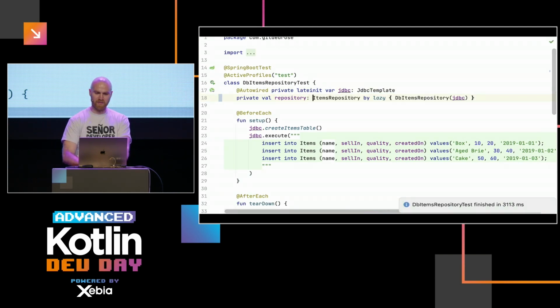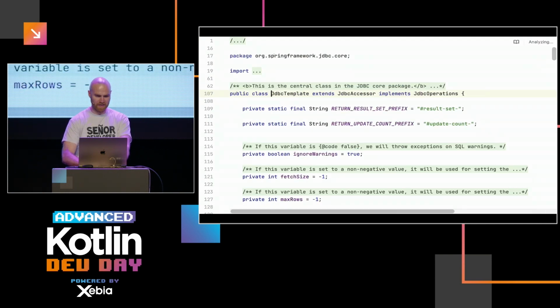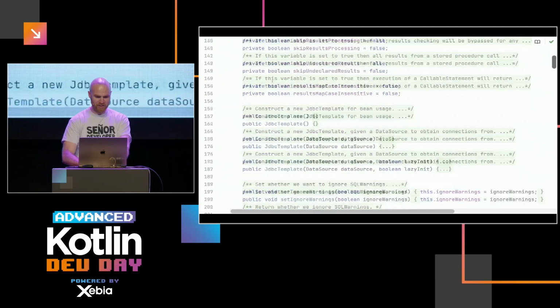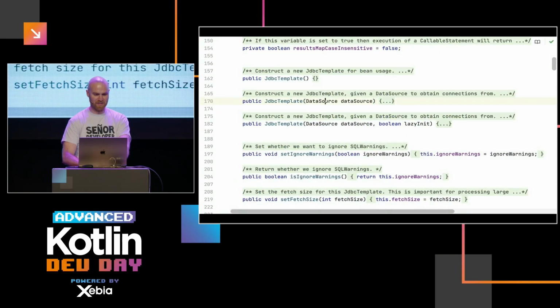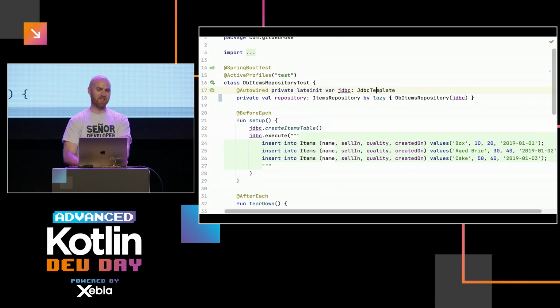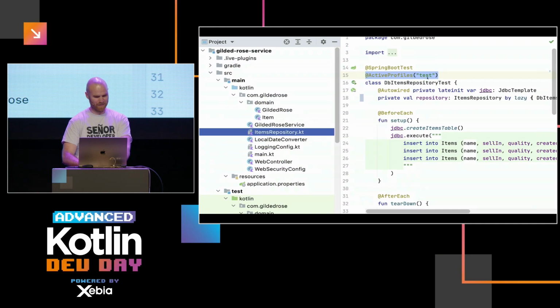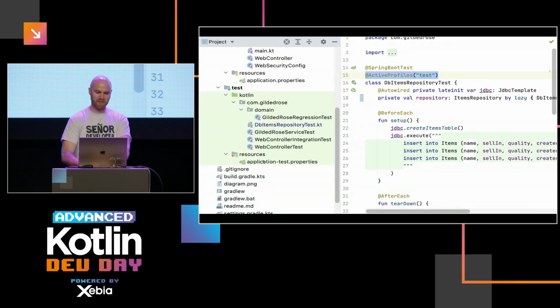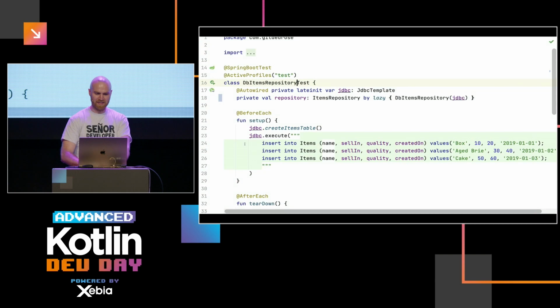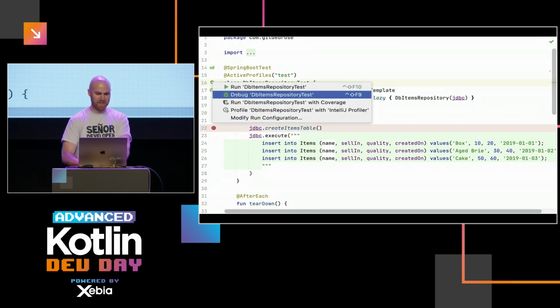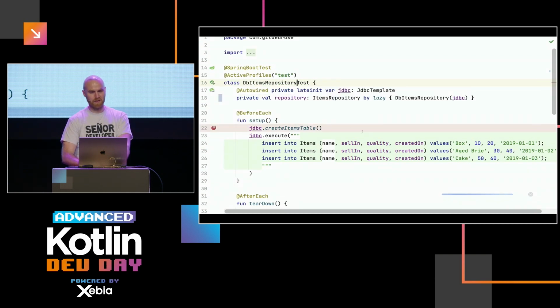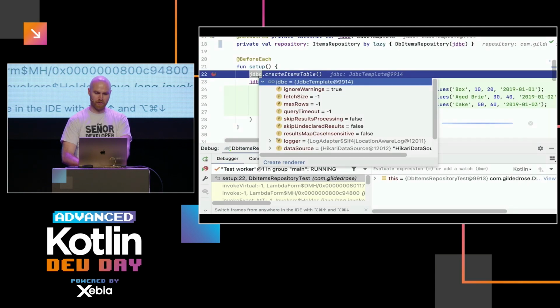The next thing is to figure out if we can construct JDBC template ourselves. JDBC template is part of Spring Core. It actually does have constructors which take a data source, so we could just create it. The question is, what is the data source? I'm betting that these active profiles tell Spring to look into resources and load these properties, and then, based on the properties, it will create the data source the right way. It's hard to guess what it's going to do, so I'll just run a debug. That's a way to practically explore.